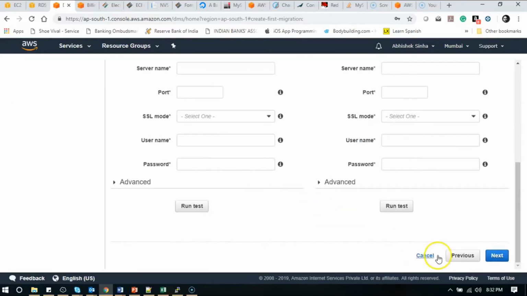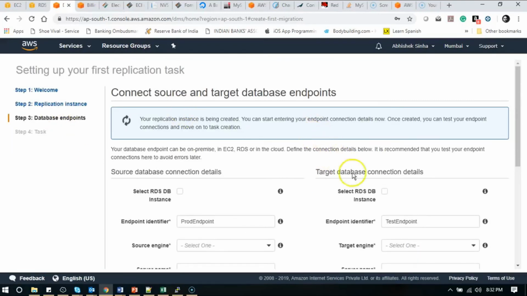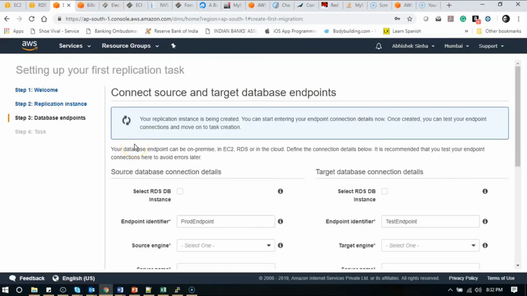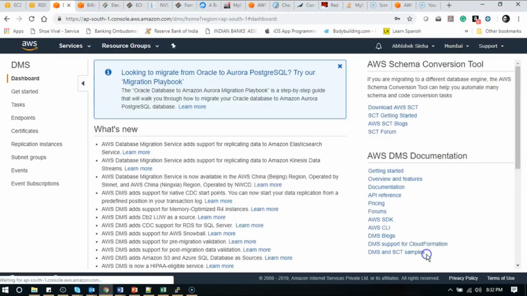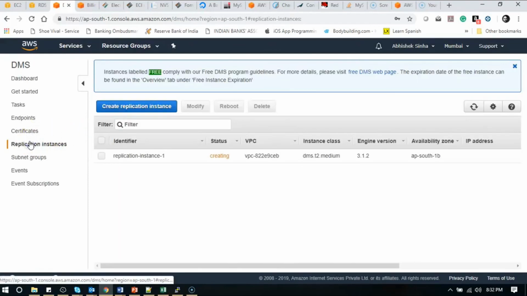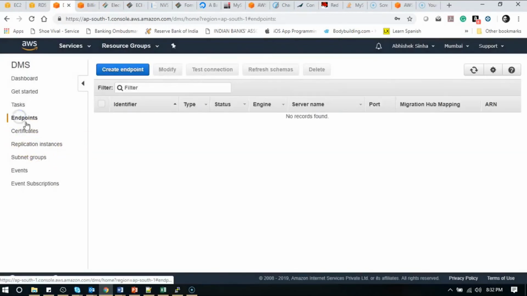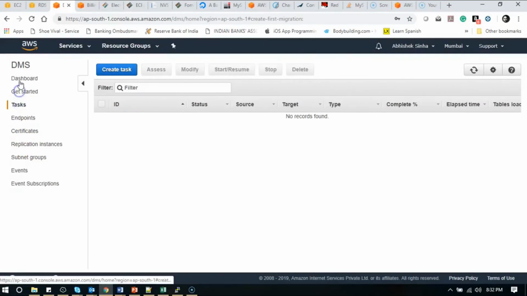Like here it is creating the replication instance. Make sure that you delete it once you are done with this experiment, otherwise it is going to cost you money. So I'm ending this lecture, hoping that it is helpful for you to understand how a basic database migration can be done using AWS services. So you can see I have just now clicked it, so I'm deleting this, and I'm making sure that all my instances, endpoints, everything has been removed, otherwise it will cost me money.